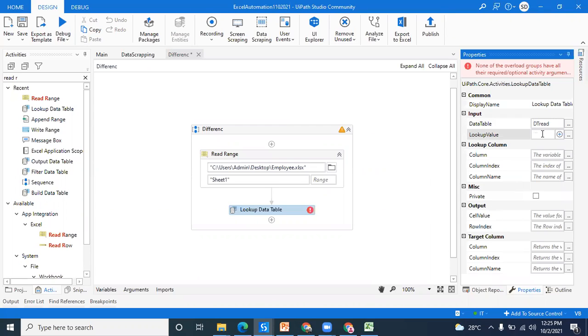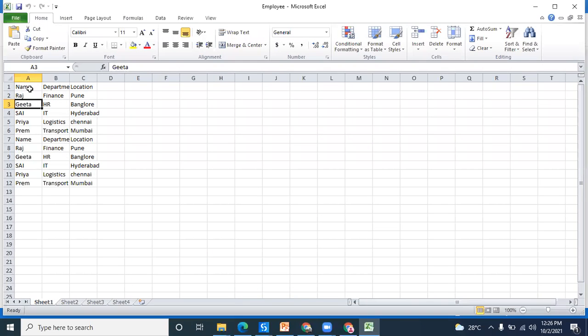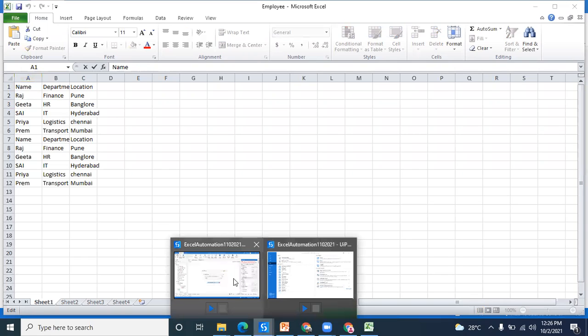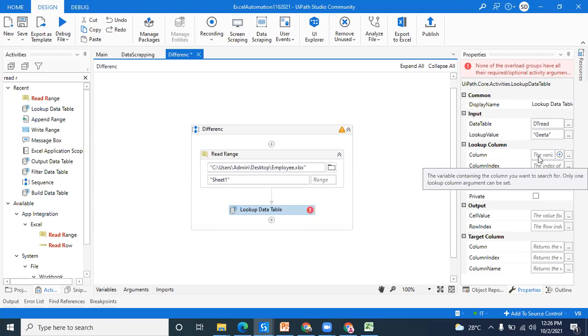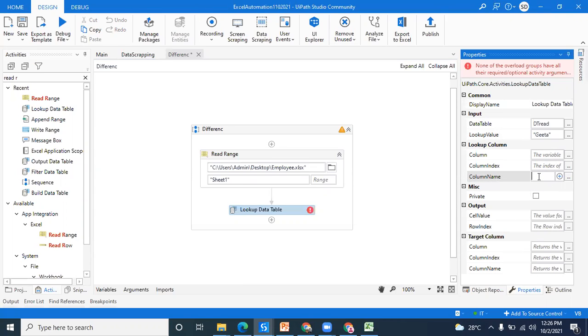Lookup value, I want to check Geeta. In which column are you checking? The name of the column is name. You can put the column index also, that is also fine.